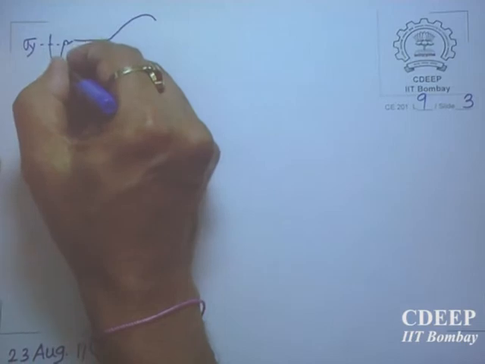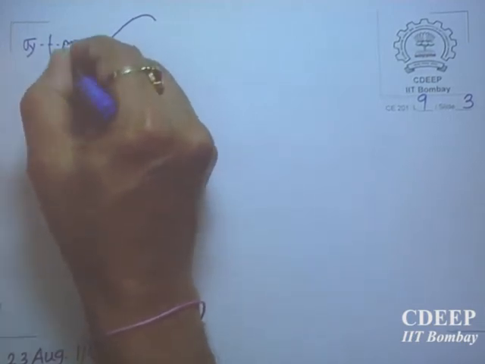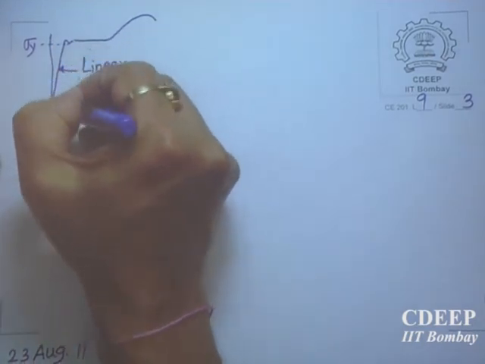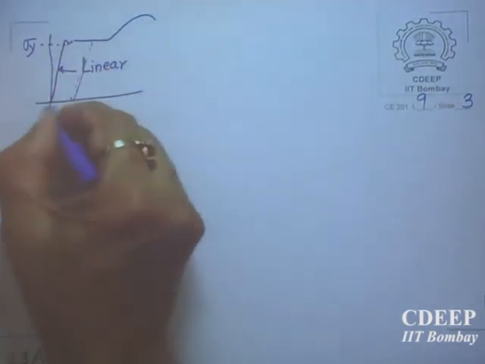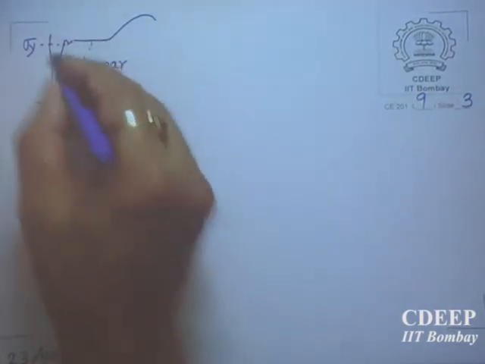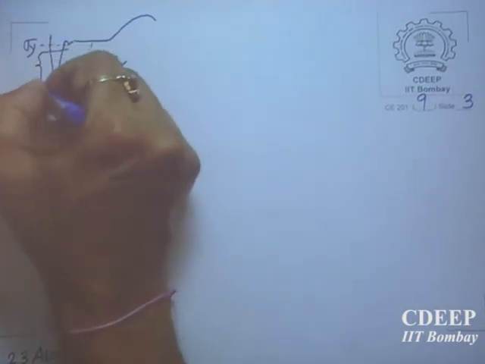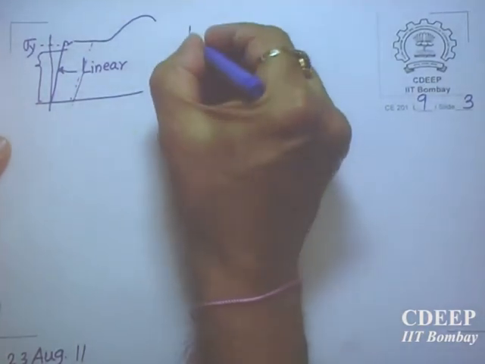If you unload, stresses will go on reducing and strain will become like this. But if you are here, if you unload, it will become something like this. You will have so much of permanent displacement. I do not want that. I want only in this zone. Your stress should never exceed this. Then this superposition law. So law of superposition.